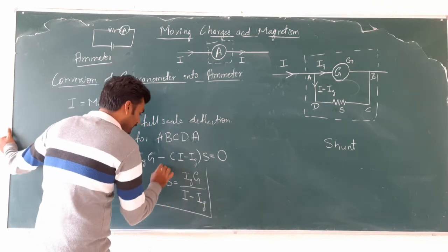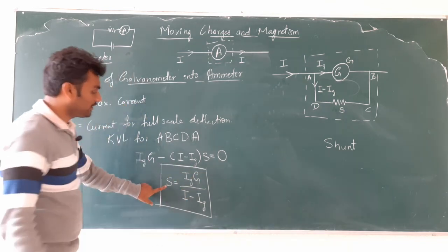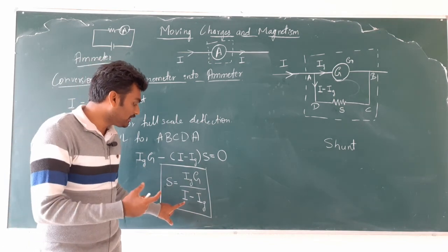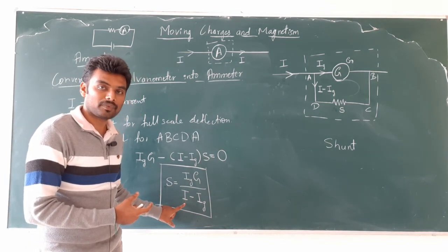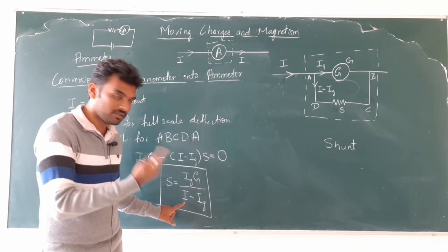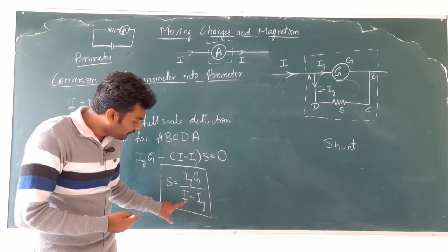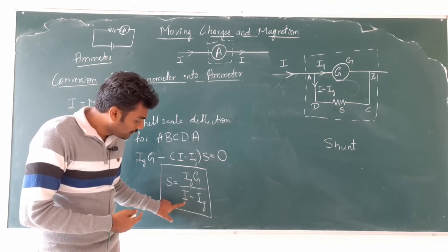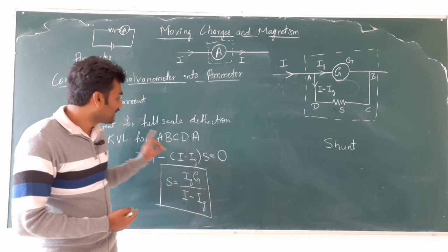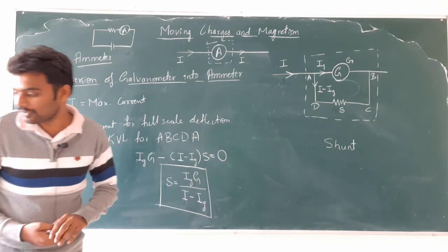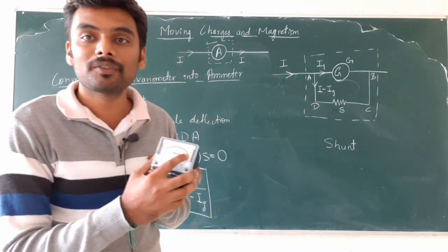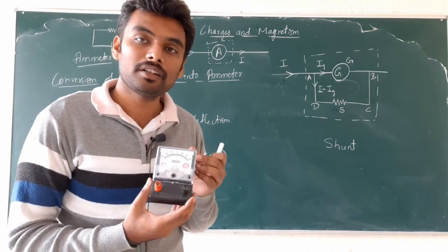So this gives us the expression for the shunt resistance that I need to connect in order to get an ammeter of range I ampere. If I need an ammeter of 2 amperes range, the maximum current being 2 amperes, I need to substitute I equal to 2 here. And Ig is the current for full scale deflection. What is Ig for this galvanometer? Ig for this galvanometer is 0.6 milliampere, right? Because it is